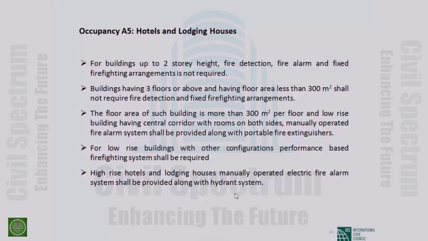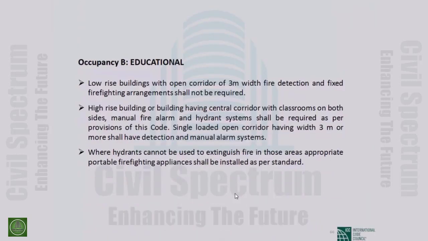So for educational low-rise building with open corridor, again, if the building has an open corridor, which is very common in our Bangladesh, particularly outside Dhaka, all education institutes have a balcony, a veranda, which is about 3 meter width. And fixed detection and fixed firefighting shall not be required. Where you have a 3 meter wide veranda, you do not need something. High-rise building or building having central corridor with classroom on both sides, manual fire alarm and hydrant system shall be required